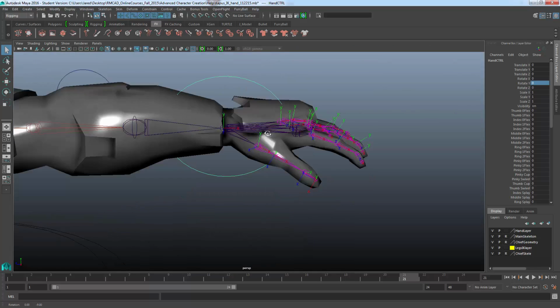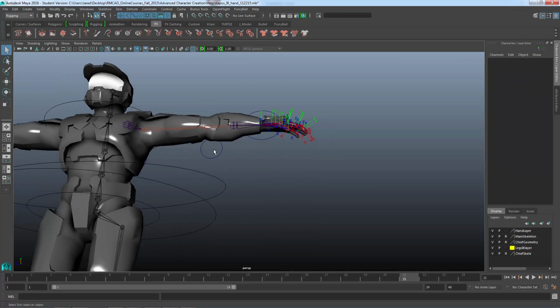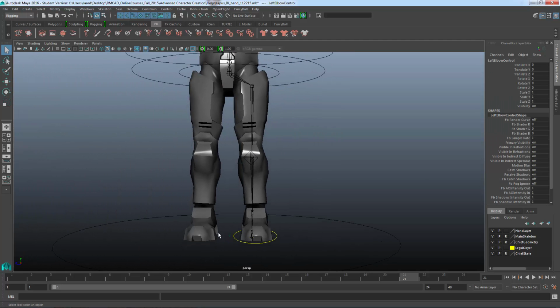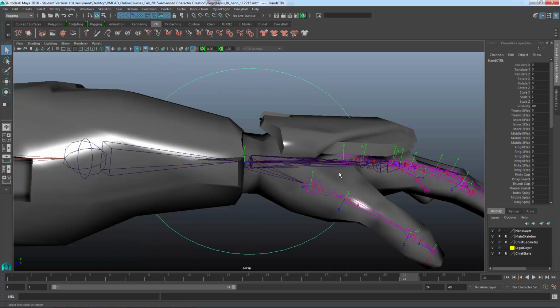So if I had created this at creation and rotated it like these guys right here, down here at the origin where it's first created, then it would end up just the way it is now. But I'm going to take it,